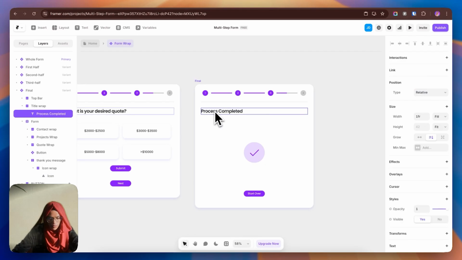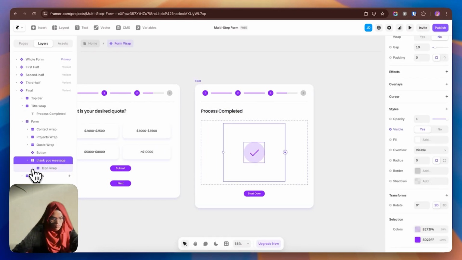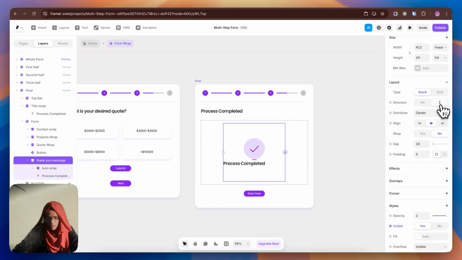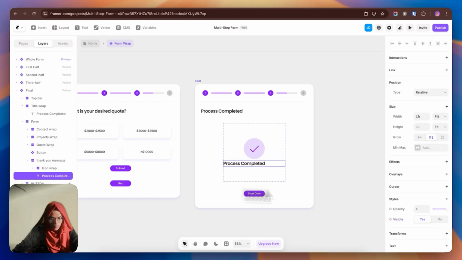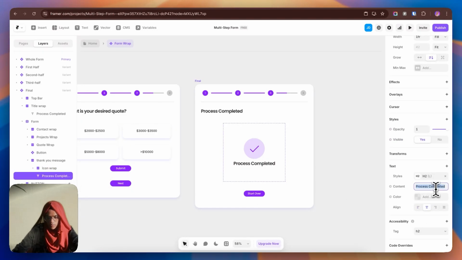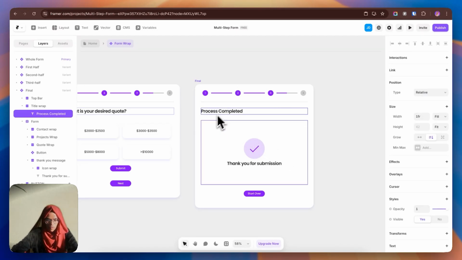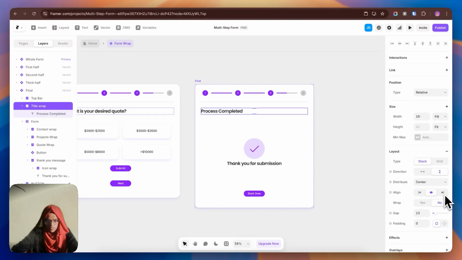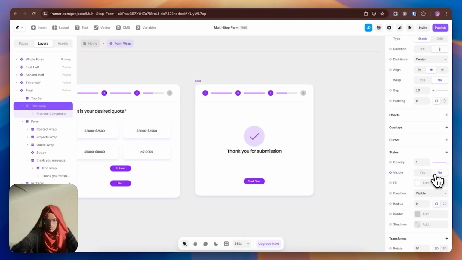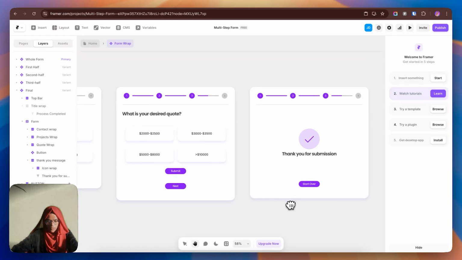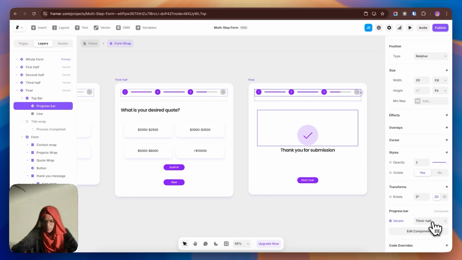and behind this we are going to add a message. So let me add the message of the direction of vertical, and make this one to be in this one. Okay, thank you for submission. Okay, and if you want, you can keep this, or even if we don't want this, you can make it to visible now. Again, we have created the thank you for submission, and coming to the progress bar, let's make it